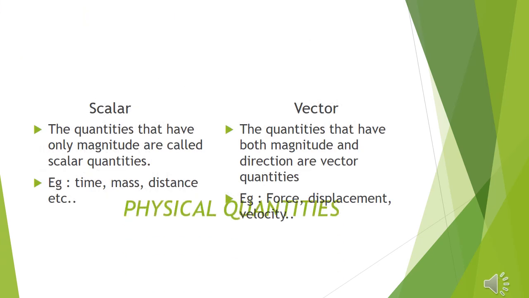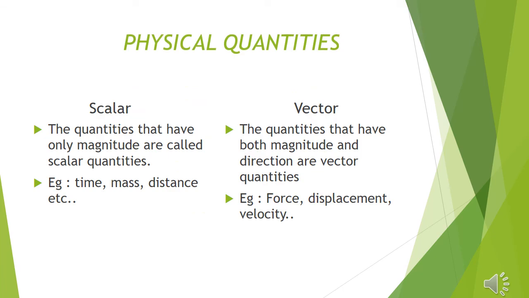Physical quantities. Physical quantities are the quantities that can be measured. Children, we know a lot of physical quantities that we have studied earlier. For example, mass, length, volume, area, all these things can be measured and we all know its units too. This is a topic that we are going to study in your higher classes, but for the time being here we are just having an introduction.